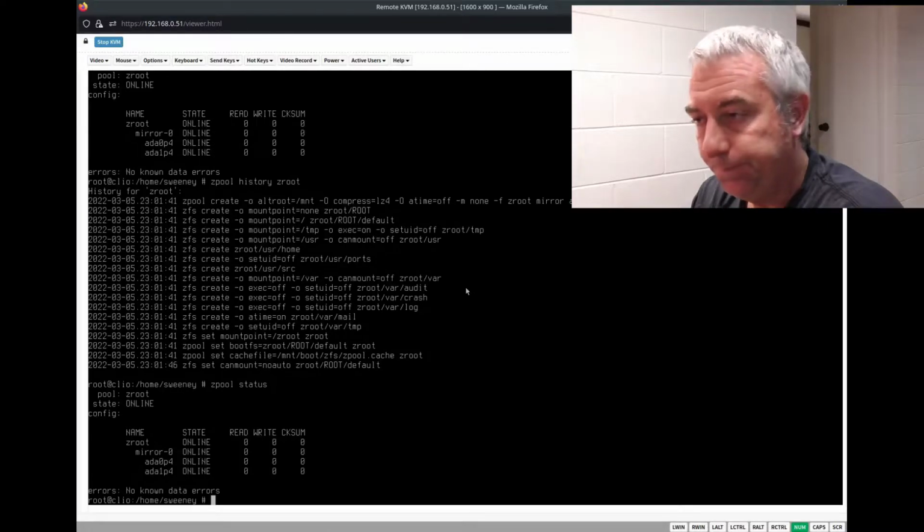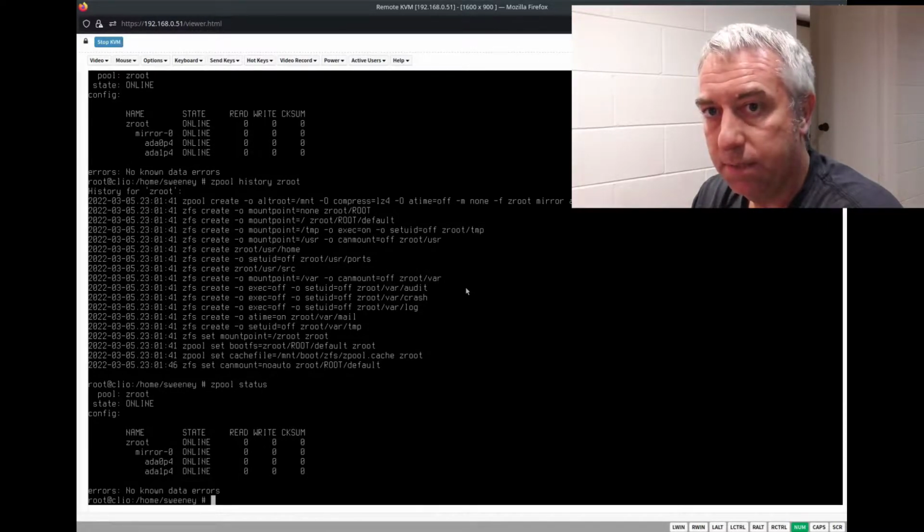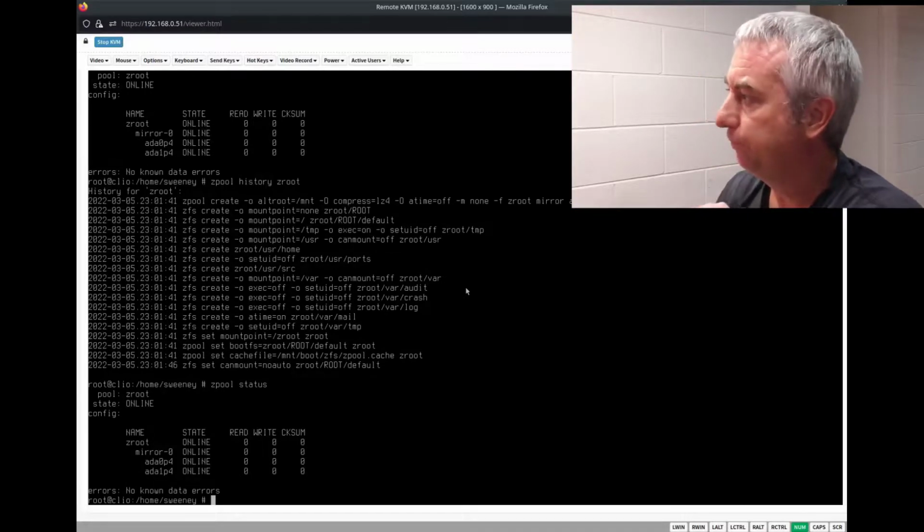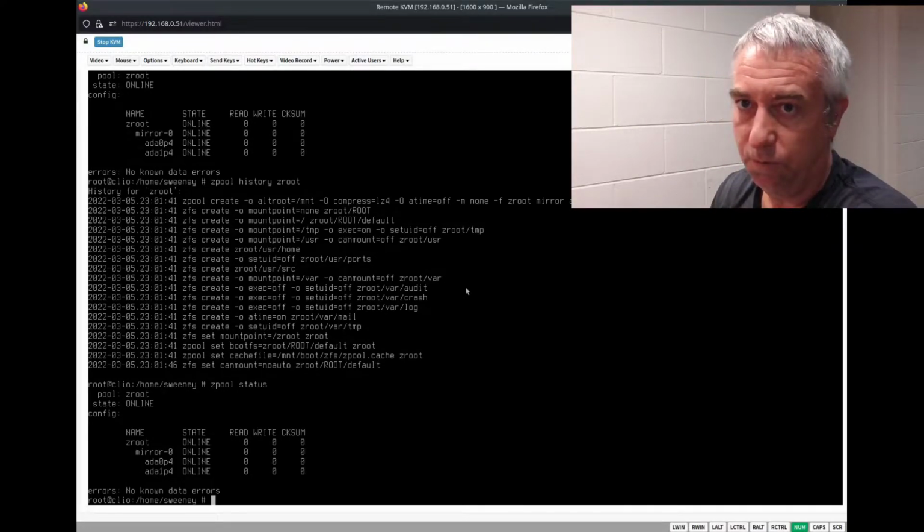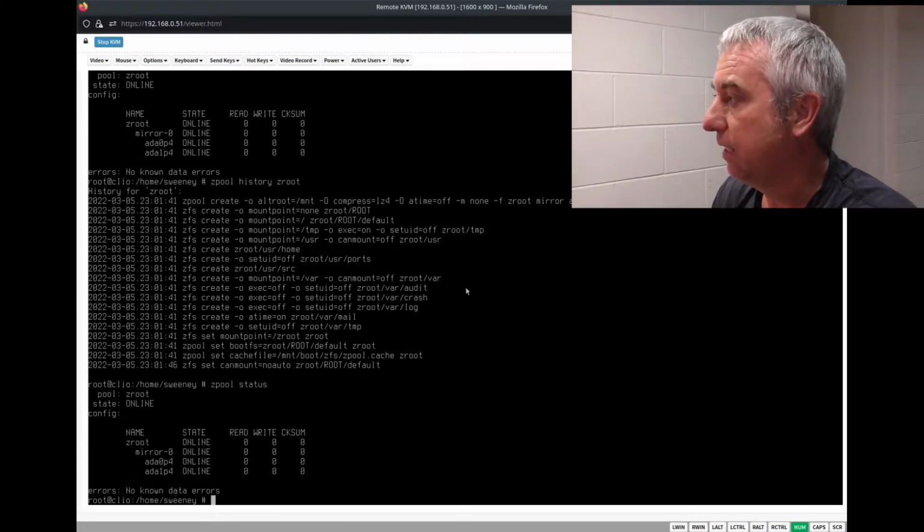Now what we're going to do is install OpenZFS. Now to do that, we're going to need pkg. Now we already have done that, but what we haven't done yet is change the configuration from using the quarterly tree to the latest. Now this is easily done, and the FreeBSD handbook on the FreeBSD website actually explains how this is done. But we're actually going to go through it here, changing